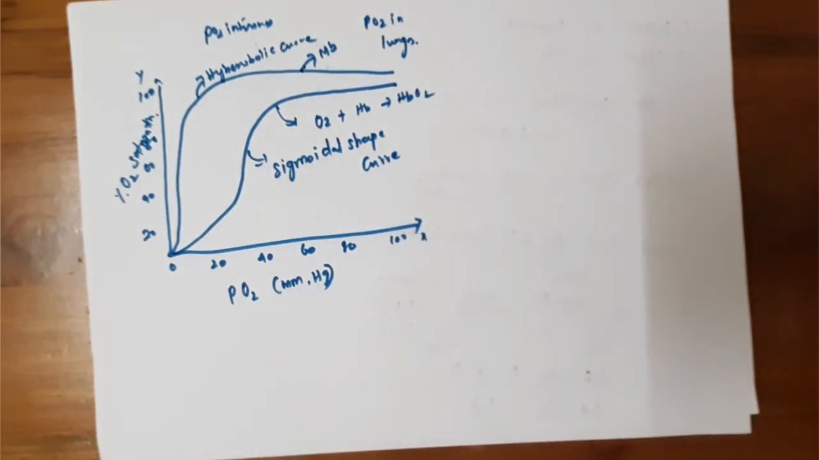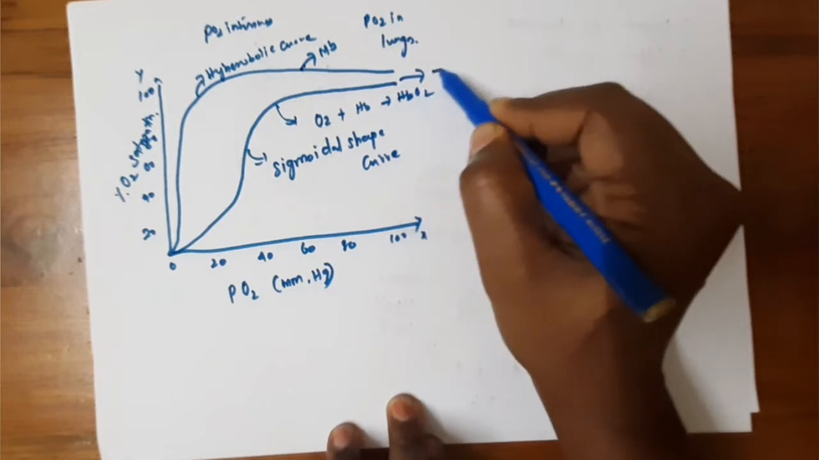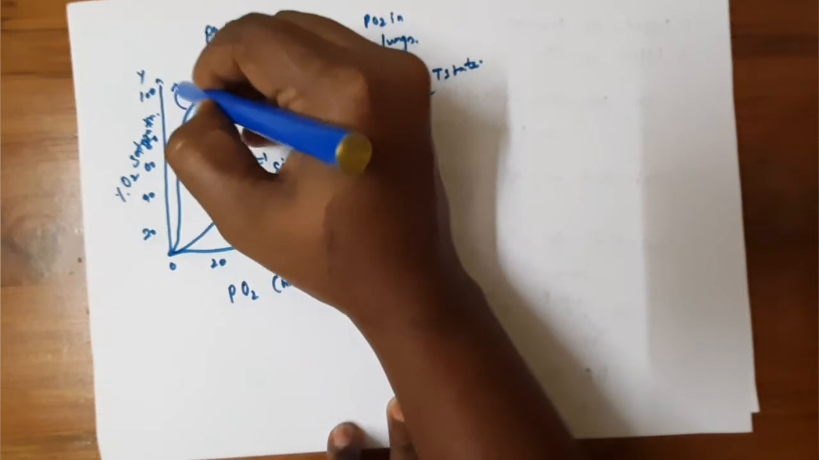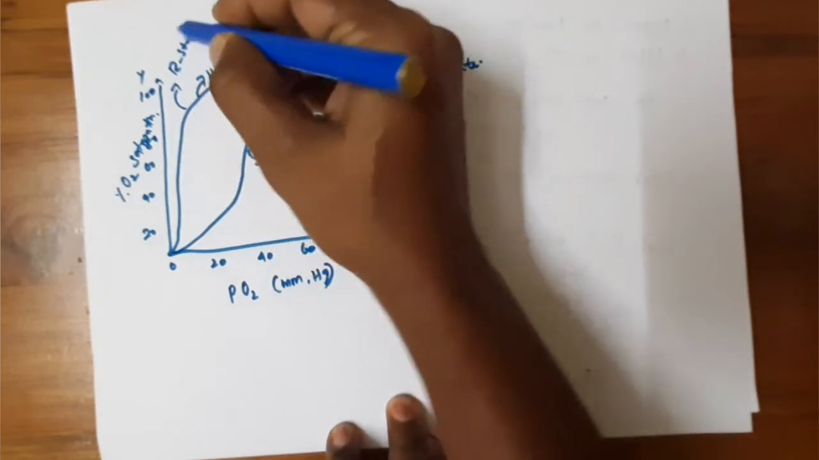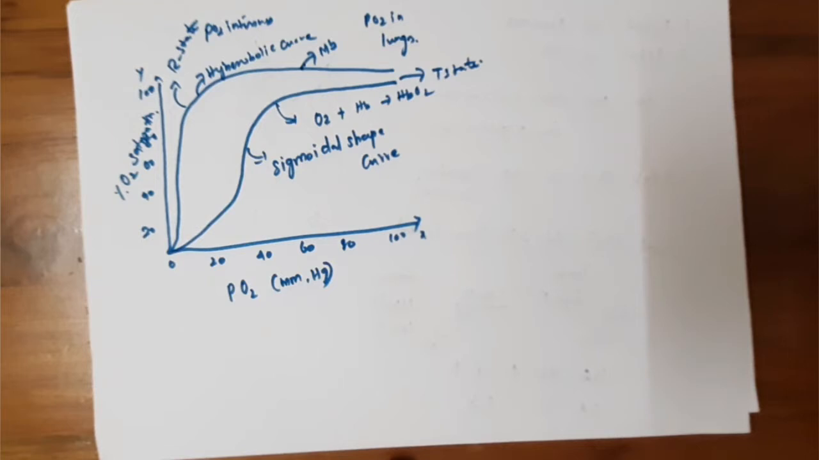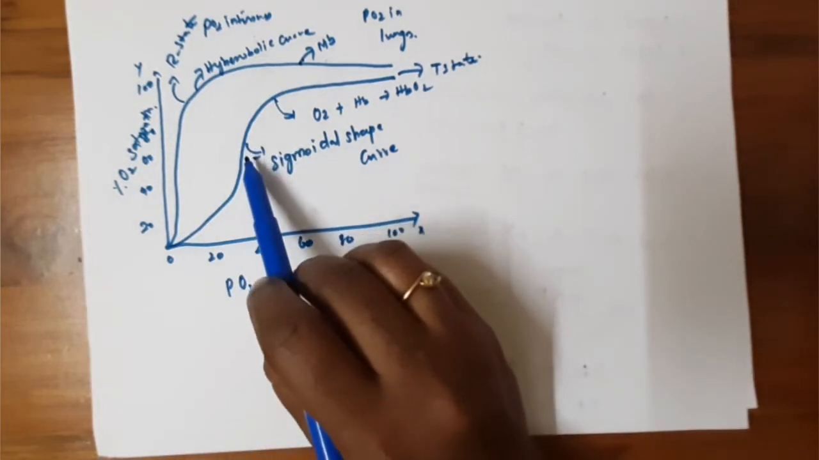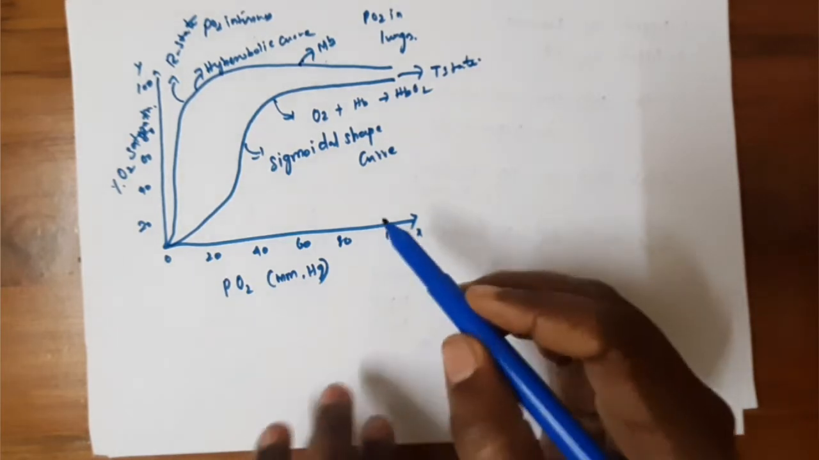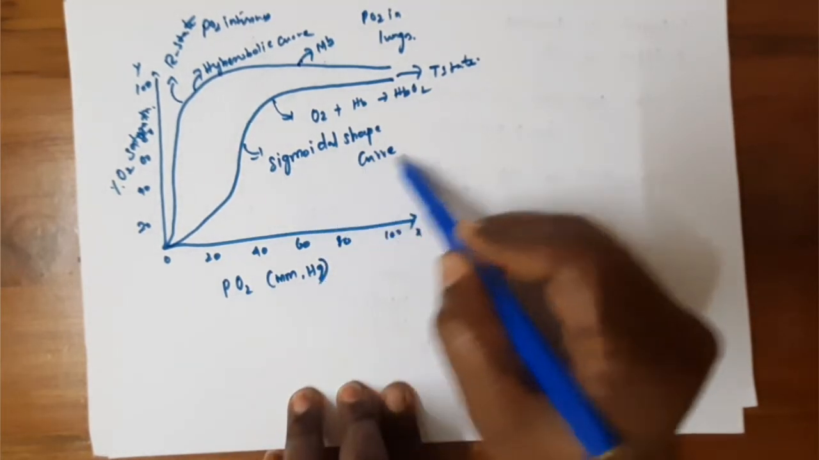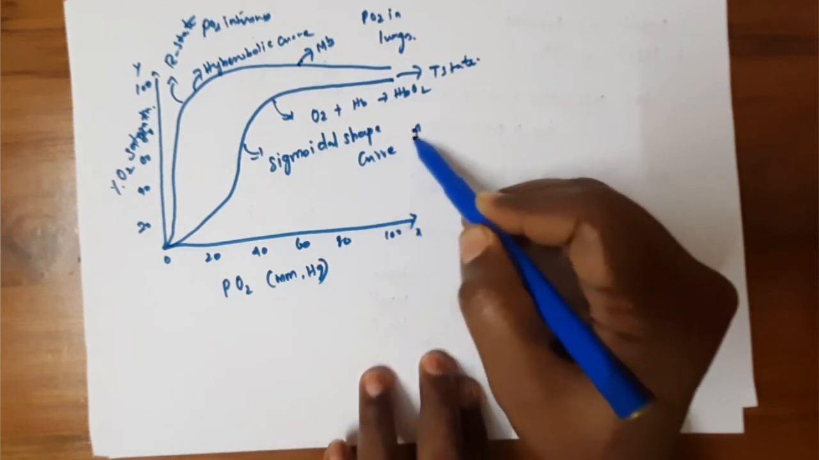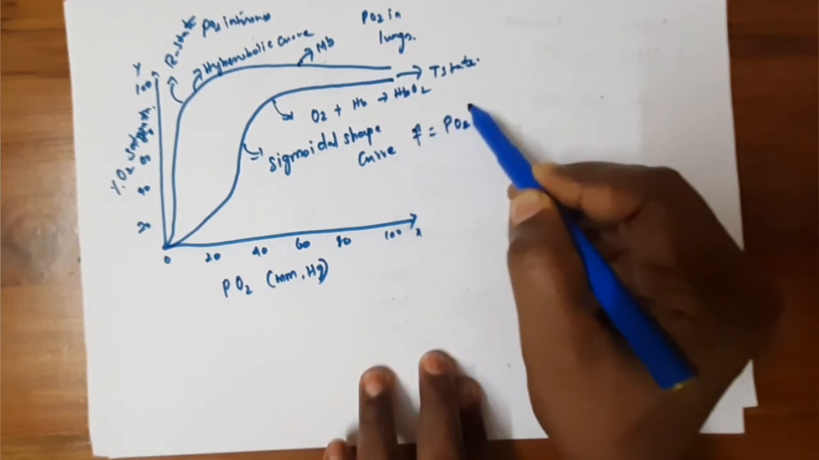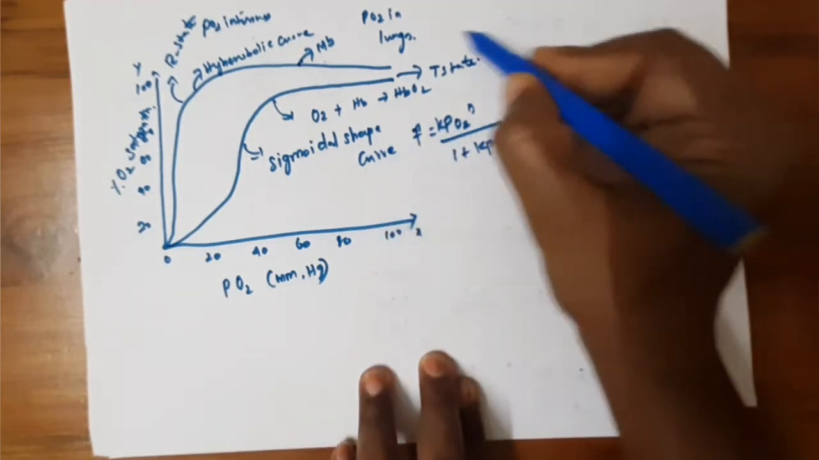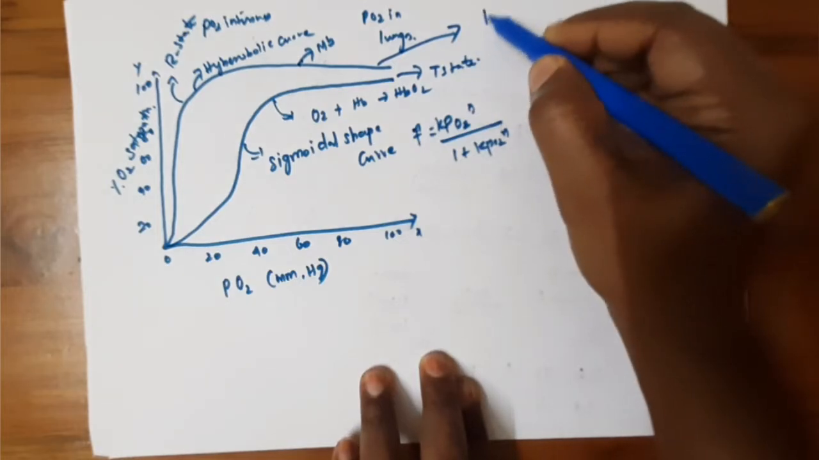Okay. So this is the T state, and this is called the R state. This is the deoxy form and this is called the oxy form. And this sigmoidal shape curve gives the equation of F equal to K PO2 to the power n over 1 plus K PO2 to the power n, and this hyperbolic curve gives the equation of F equal to